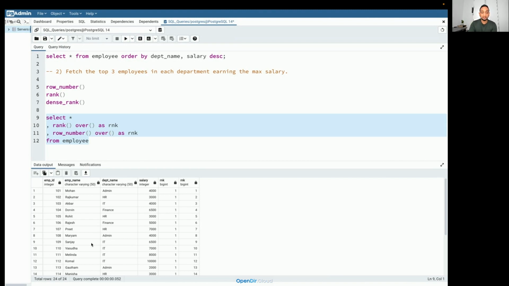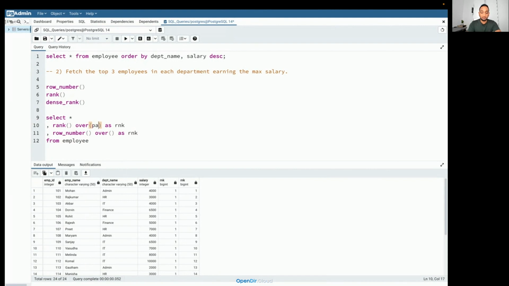So all the data returned from this query, or basically all the data from this particular table, is one window. In that one window, row number is going to assign one unique value to each record. Your row number does not care about the value of your columns. Every time it finds a record, it's going to assign a new row number. But rank will care about the value. So this is one difference, but you'll better understand this when I solve it. Now, of course, we need to create partitions because we need to identify the top three employees for each department.